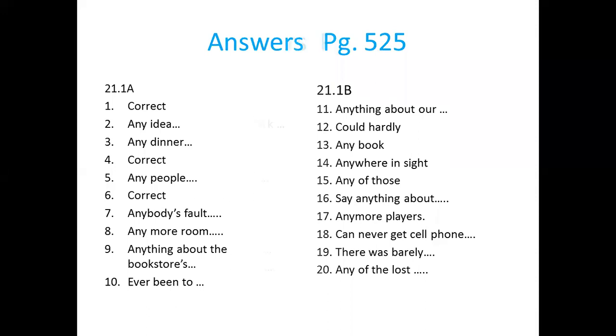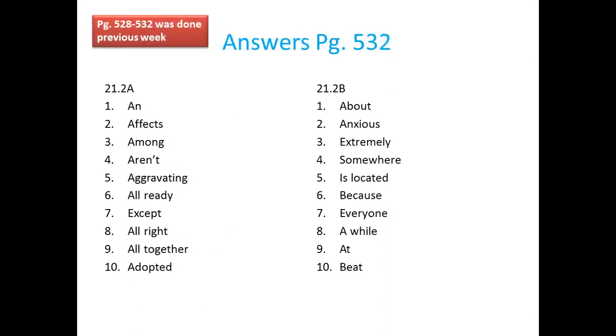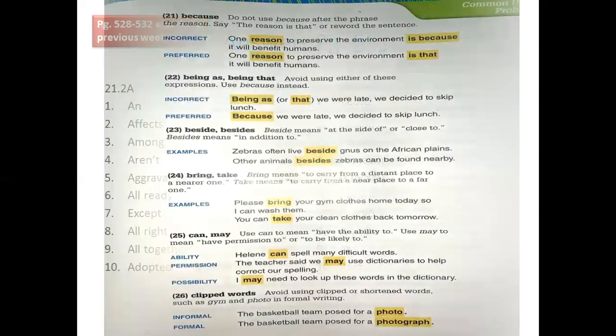Okay, so let's move to the next slide. And here is the answer for page 526. There are actually three exercises, on 525 and 526. I have also mentioned the practice number itself. And these are the answers of the practice that we studied last week from page 528 to 532. That was done the previous week. It is page 532 and two exercises. So please, if you want to take a screenshot, you can. Now next is